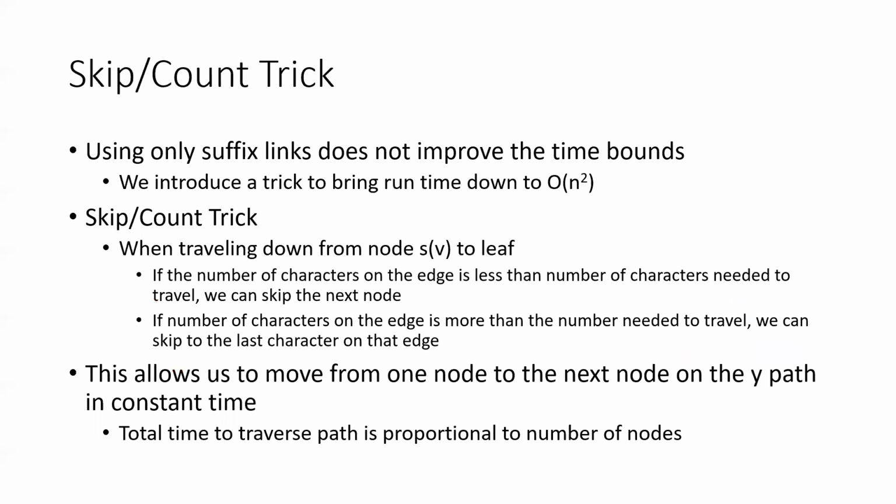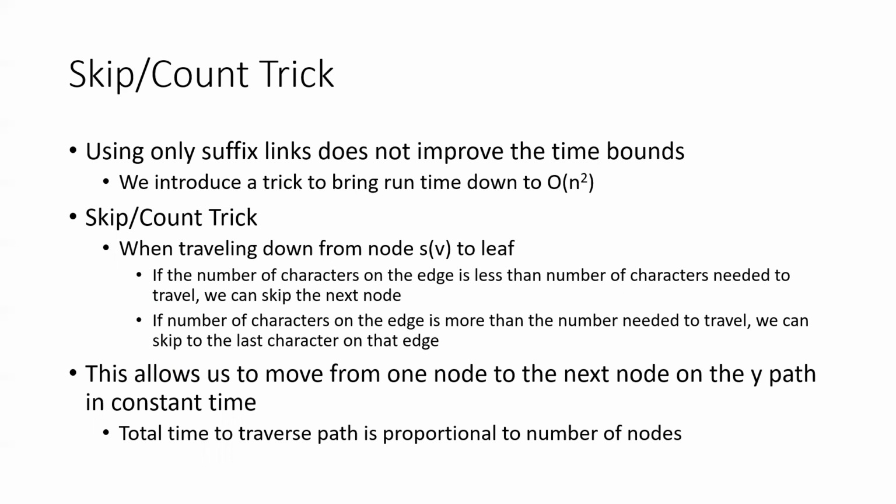And using suffix links, we're able to make some exploits. A suffix link by itself doesn't improve the time bounds, but there's a specific trick we can do to bring the runtime down to quadratic, order of n squared. We call this the skip count trick. So when traveling down from S of V, from the suffix link,